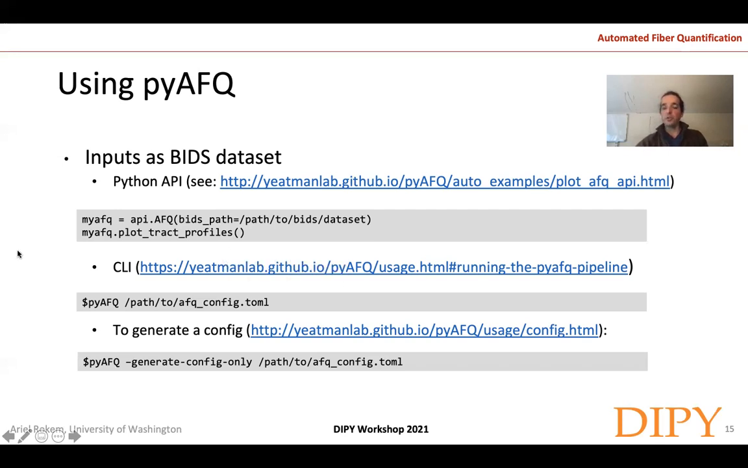Another way to use PyAFQ is using a command line interface. In this case, you type pyAFQ, that's the command line, and then you provide a path to a configuration file. At the very least, this configuration file should tell you where to find the data set, this BIDS data set. And if that's all you provided as information in there, that's fine, and the rest will just run using the default